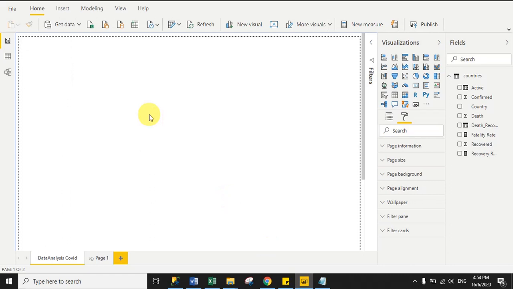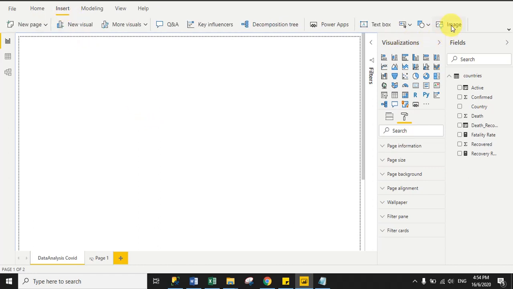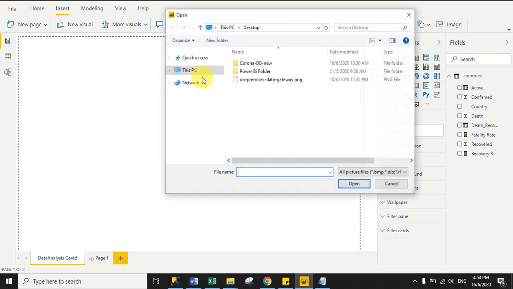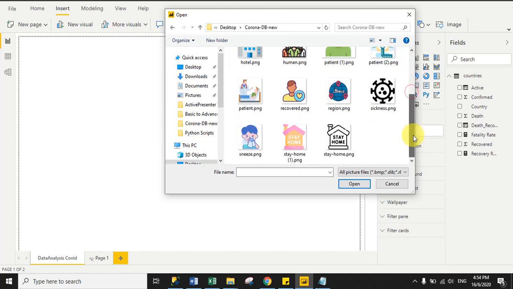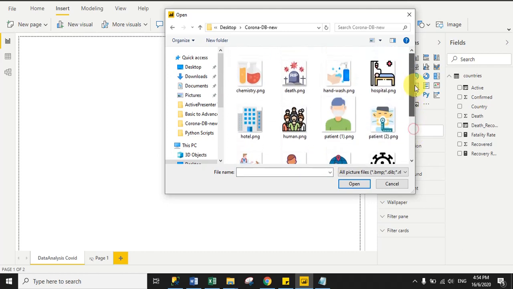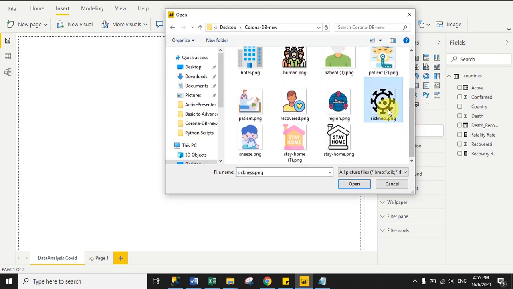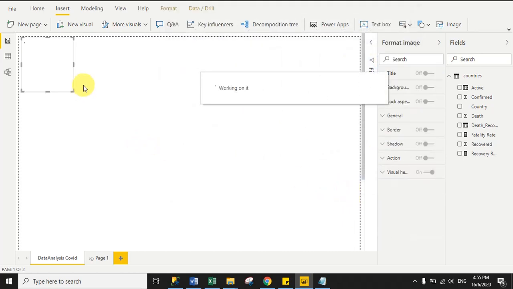So firstly we will upload the images. To upload the images, just click the Insert tab, and here we have the Images option, right? Just click Images and then go to the folder and select your images. Firstly I want to load the virus image. Okay, fine.